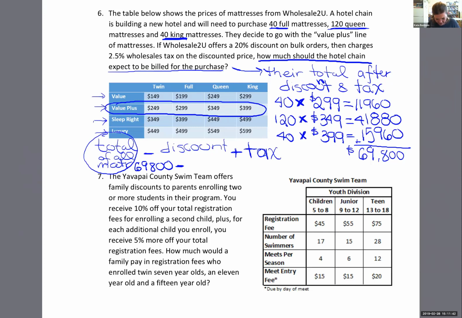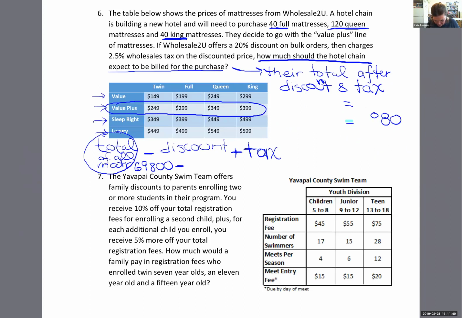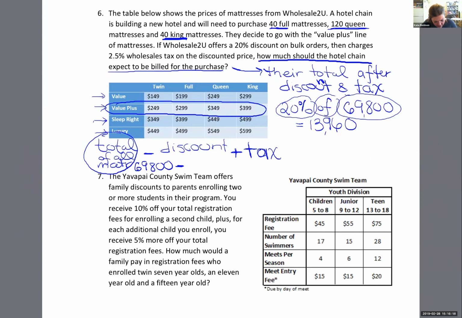So I'm just going to erase this work over here on the right to give myself some space to figure out the discount amount. What do I know about my discount? It's 20%. 20% of what, Maricela? It's actually going to be 20% of the whole dang thing. So the whole dang thing was 69,800. Is that what you were saying? Yes. So I'm going to pay 20% of that whole dang thing. So I'll do that number times 20%. 13,960. Okay, so now we did figure out the discount. The discount, since it's 20% of 69,800, should be